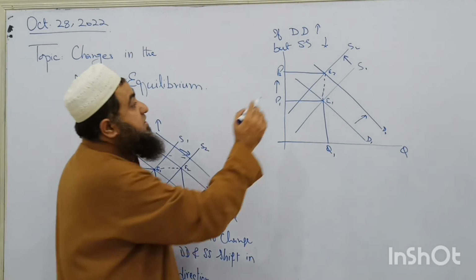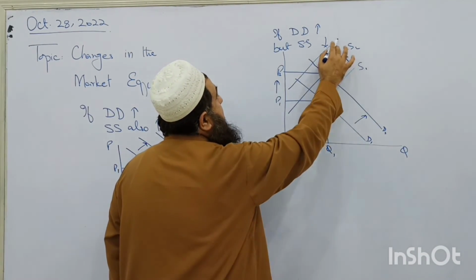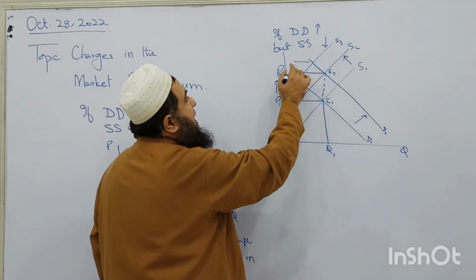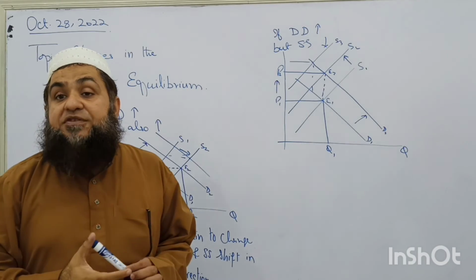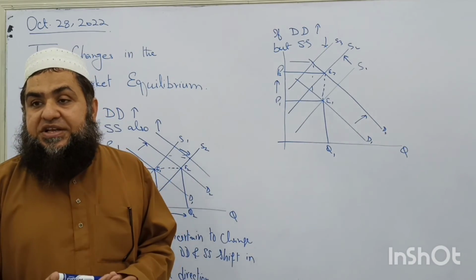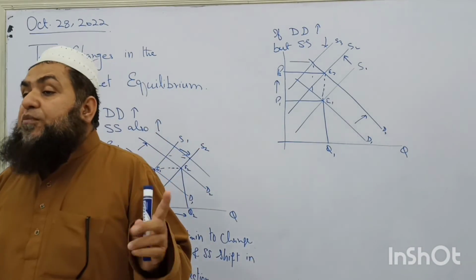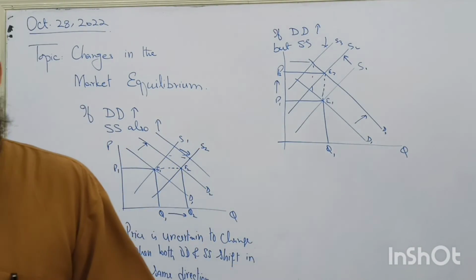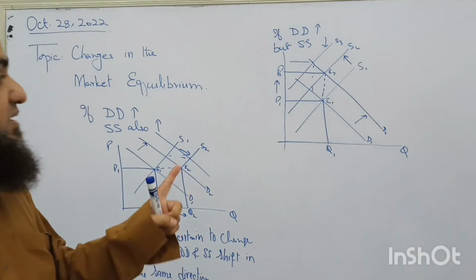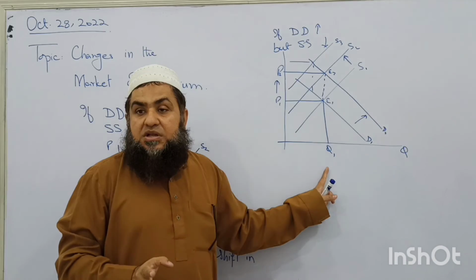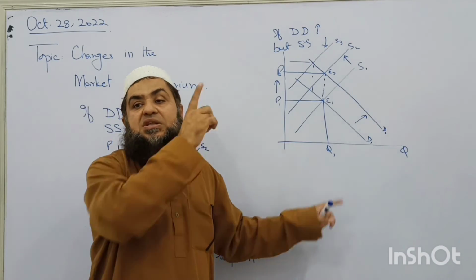And if supply shift is more than demand shift, what is going to happen? You can see price will further increase and equilibrium quantity will decrease. And if demand shift is larger, then equilibrium quantity will increase. So when demand and supply shift in opposite directions, there is uncertainty about the equilibrium quantity, but there is a definite change in the price of the product.